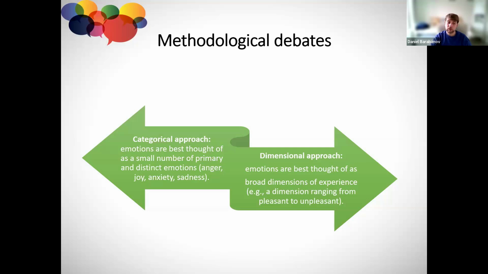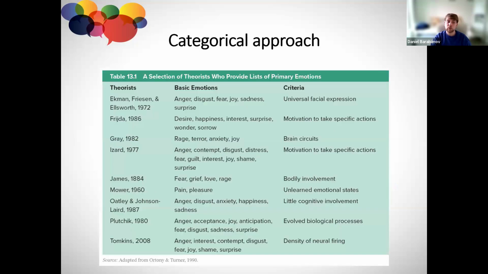So these are two absolutely different approaches to emotions, and probably you know theories from both. For example, popular theories from the categorical approach are the famous Ekman theory of emotions with 6 basic emotions: anger, disgust, fear, joy, sadness, and surprise. Other popular theories of emotion you might encounter are listed on the slide, including Carroll Izard's theory with 8 basic emotions, or Plutchik's wheel of emotions, and so on. They have somewhat different criteria for how they distinguish emotions.